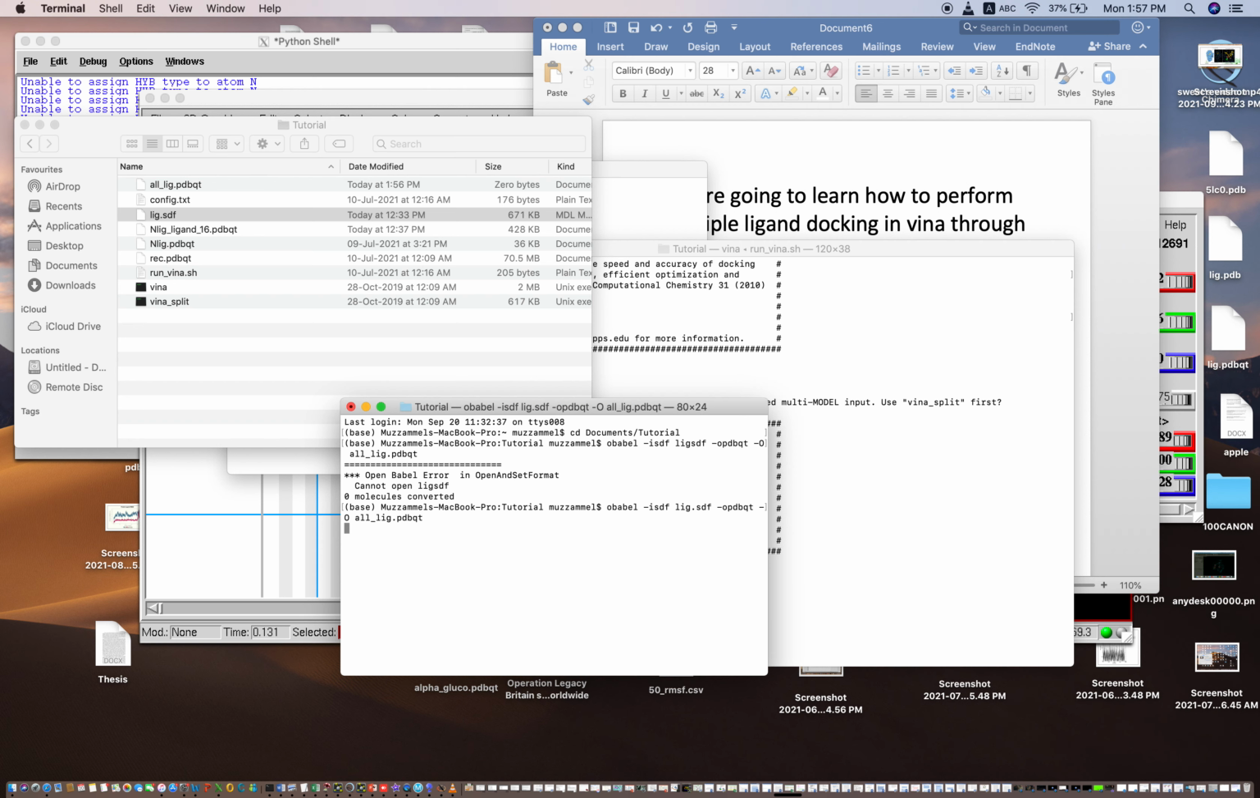So now we are waiting for the results. It will tell you how many molecules or ligands are present in your library. Now it is showing 43 molecules have been converted into the PDBQT format. Okay, so now we have prepared a receptor, we have prepared the library, or we have converted the library into